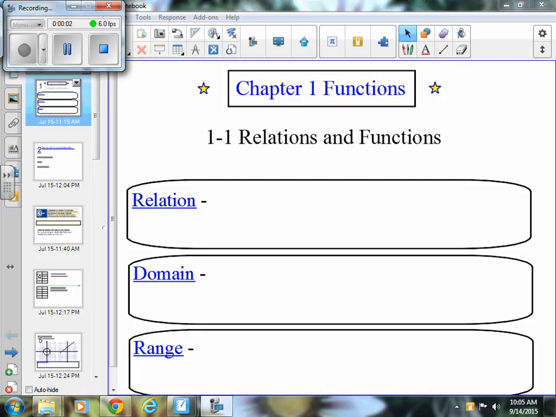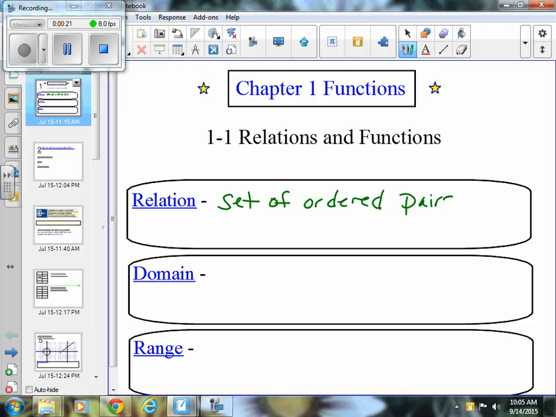All right, everybody, this is Chapter 1, Functions, and Section 1.1, Day 1, which is on relations and functions. There's some basic definitions I'm going to run through for you here. So first of all, the definition of a relation is a set of ordered pairs. So it's showing the relationship between x and y. So when we're thinking about relations, lots of different ways to show those, and we'll talk about that in a little bit. But just a whole bunch of x and y pairs that show a relationship